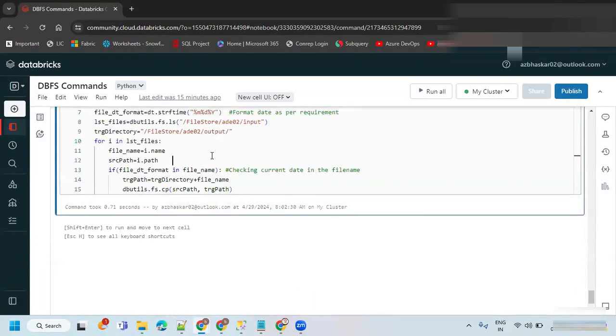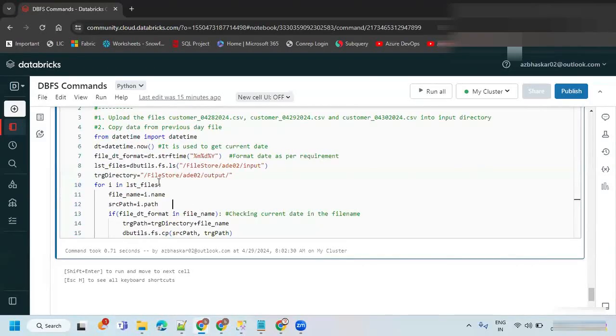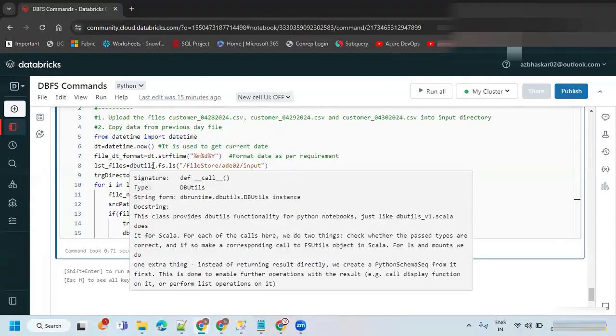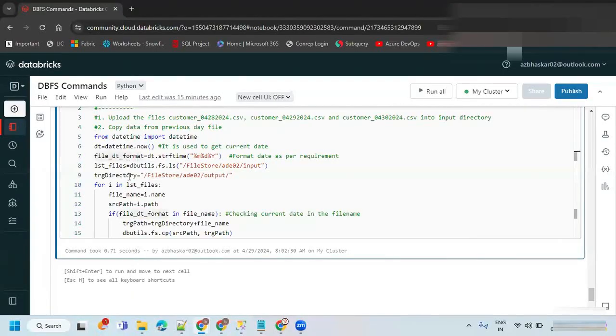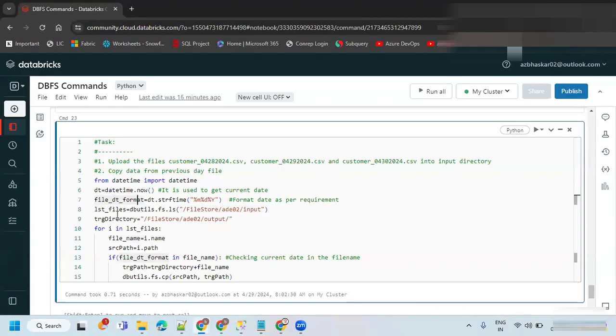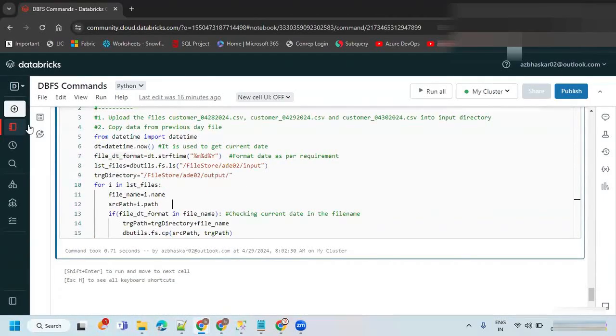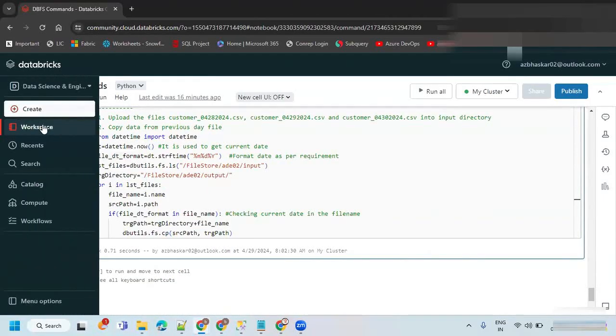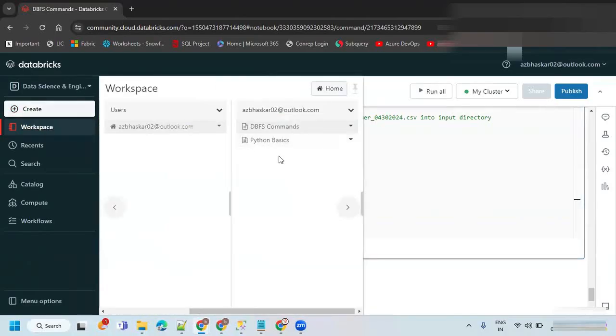So this is all about how we can handle the commands. If they ask any, depending on any condition, if they wanted to do moving a file, then you can go with this particular option. You can break them into pieces and try how to handle it. Mostly for loop and if function we are going to use to check the conditions. For loop to iterate, and if there is any condition, you can use the if function to apply the conditional checks. Okay, so that's all about these dbfs commands, and I wanted to take you through RDD from now.